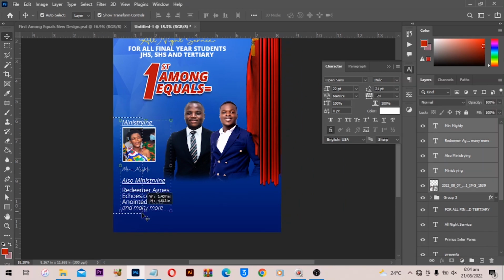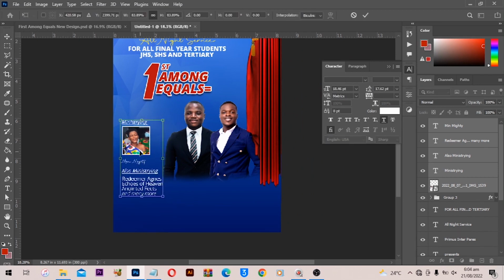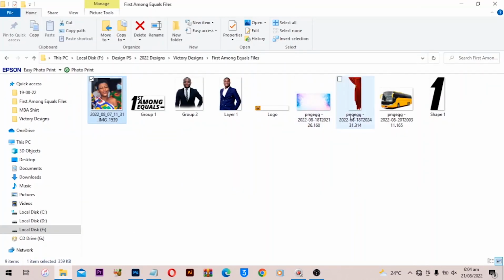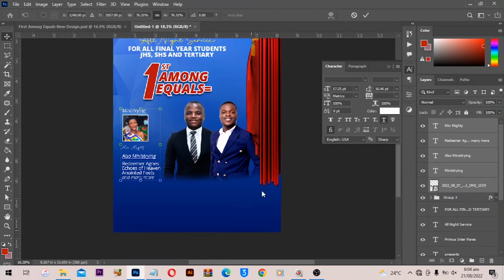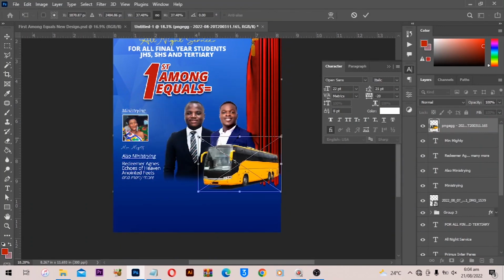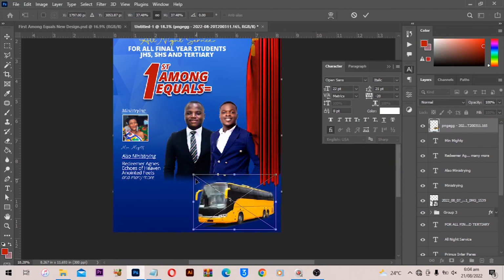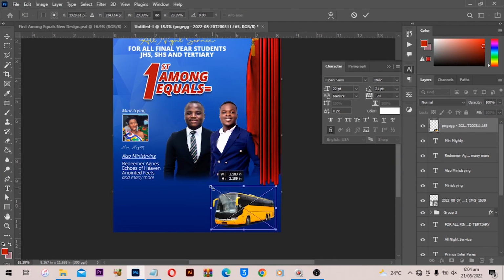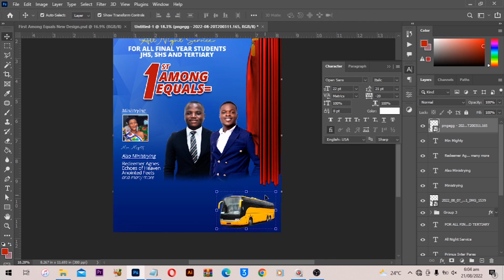So I think this one is too big, so reduce the size, move it up. Okay, and also we are going to have a free bus to the location, so I'll click and drag this, reduce the size of the brush. Okay, and click on OK. So I downloaded this from